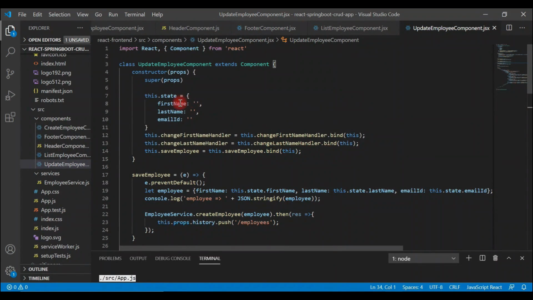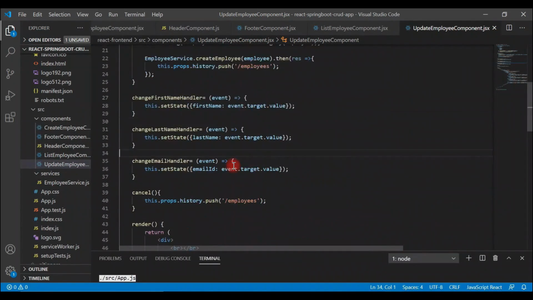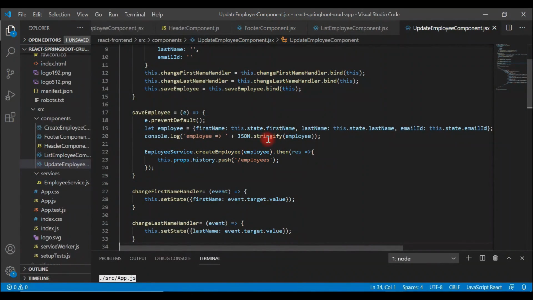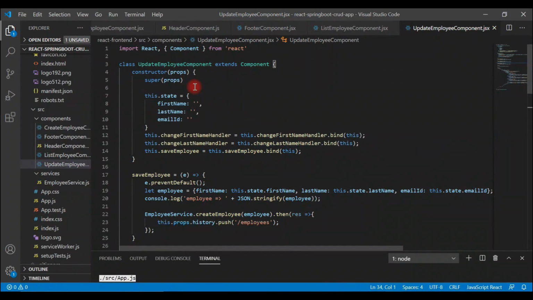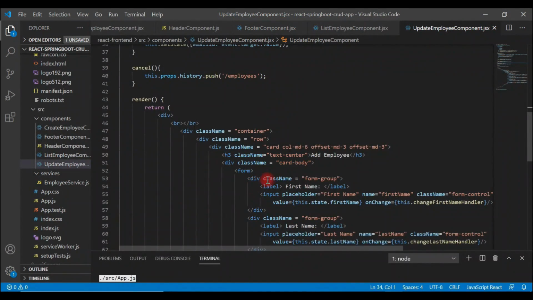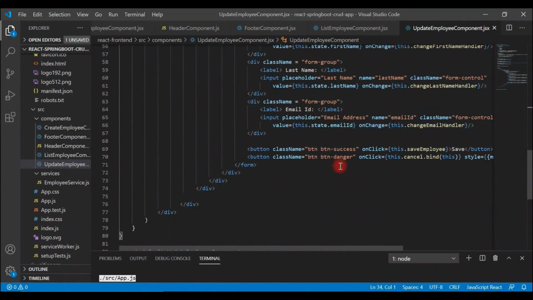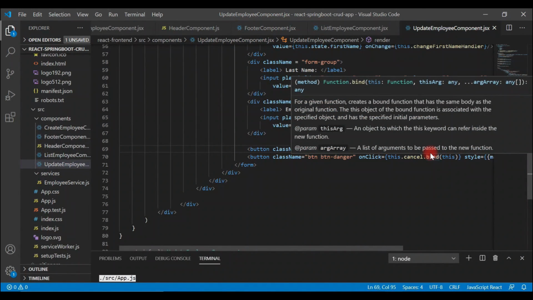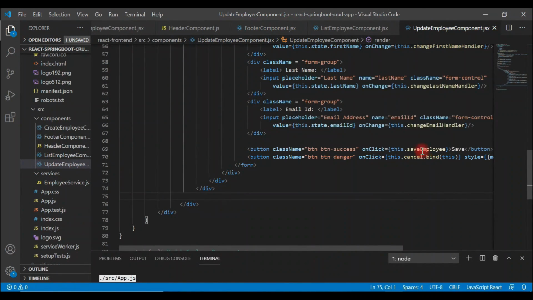So here we need to make some changes. So in order to understand this code, please visit my previous video. I have already explained this code step by step. We have already developed this code line by line. Now let's make some changes over here. So instead of save employee, let's go ahead and let's rename this from save employee to update employee. Okay, and let's also